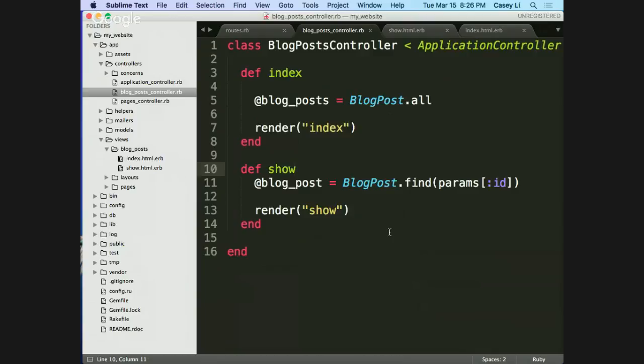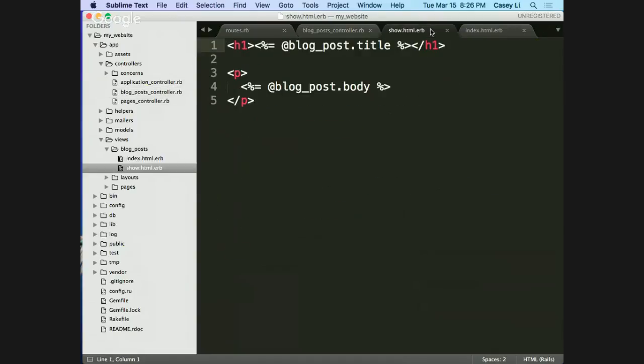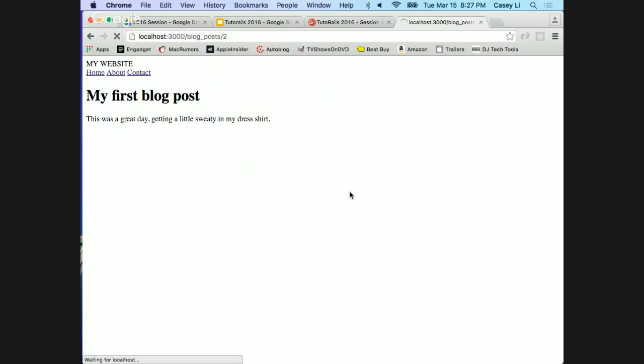We are Ruby programmers. Why do we have brackets? Who needs brackets? Let's get rid of those brackets as well. Okay. So BlogPost.find params ID. It's going to return an instance of the blog post, assigned to the blog post instance variable, which then gets accessible here, and then we output it right there. Okay. So let's check it out. Blog post 2 returns exactly what my hard-coded blog post 2 did. If I switch it to blog post 3,